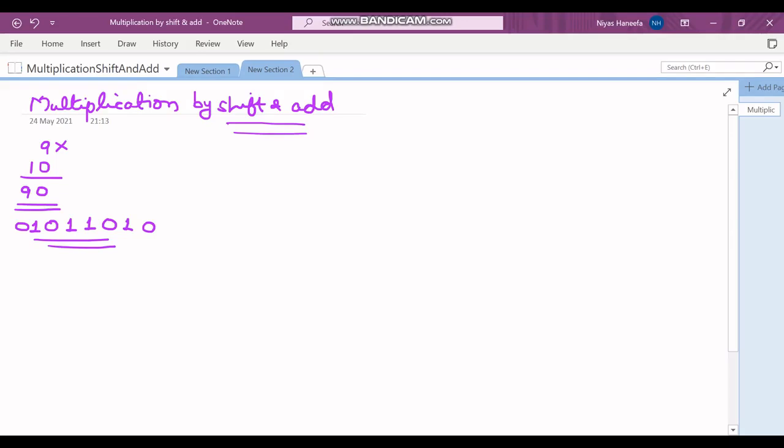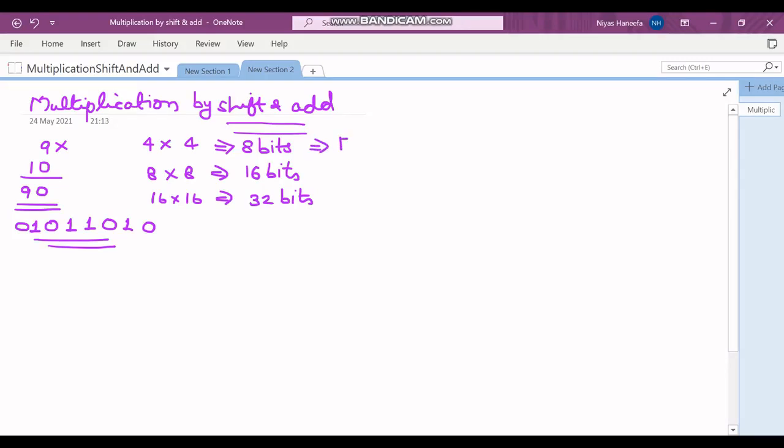What you have to understand is that when we are multiplying two 4 by 4 numbers, the maximum result we are going to get will be 8 bits. When it is 8 by 8, it is going to be 16 bits. So it is double the maximum size of the numbers. If it is 16 by 16, the result is going to be a maximum of 32 bits. You can verify this for a 4 by 4 multiplication.